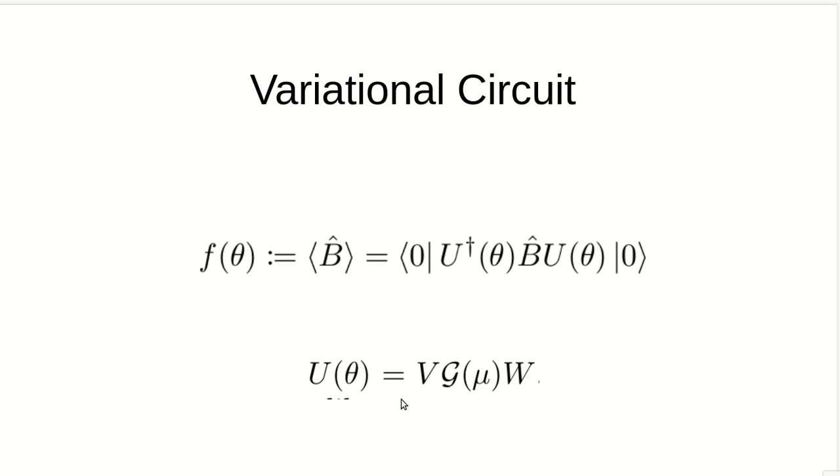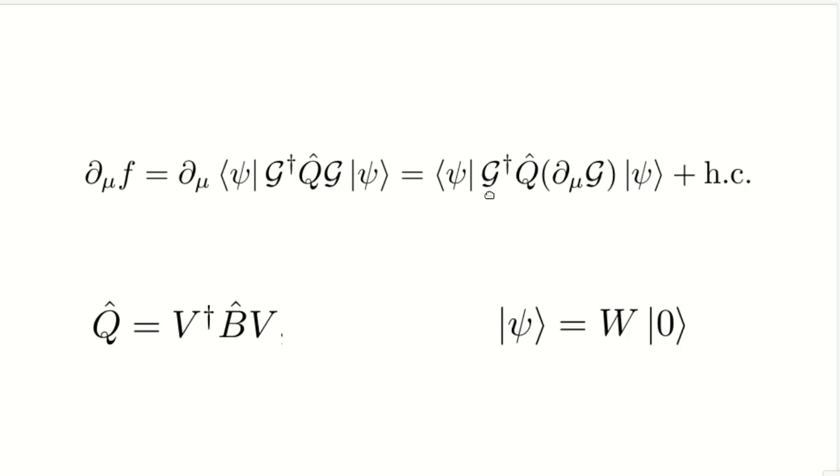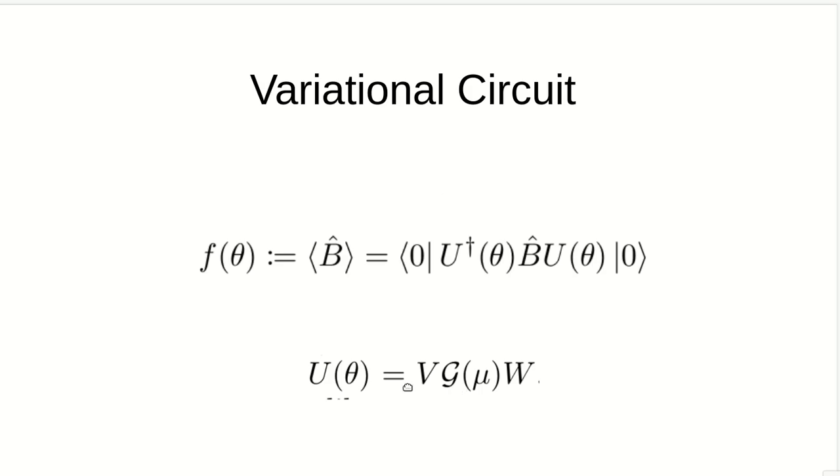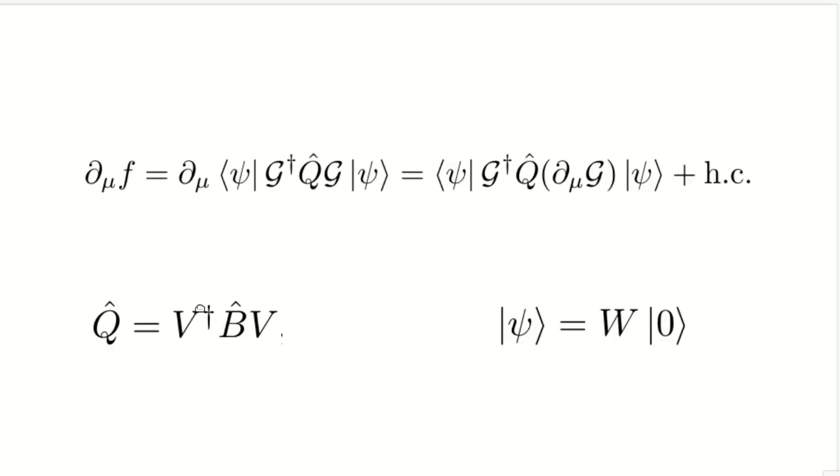Now if you substitute this U of theta here, what you will get is this form, where psi is equal to W acting on the vacuum state. First you substitute U of theta here, so you will be left with this W acting on the vacuum. That will be represented as psi, and then there will be G and V. So V dagger B V is written as Q here. So it's basically a simple substitution